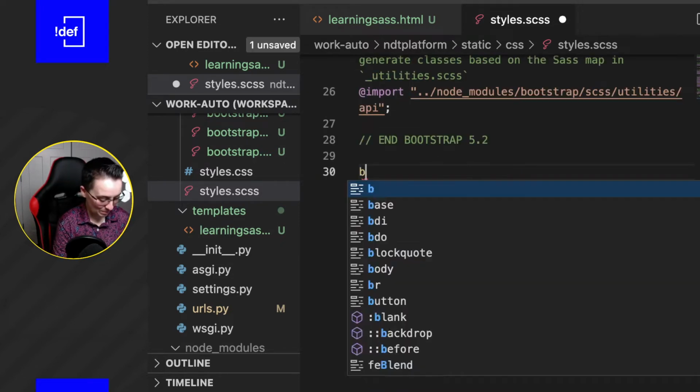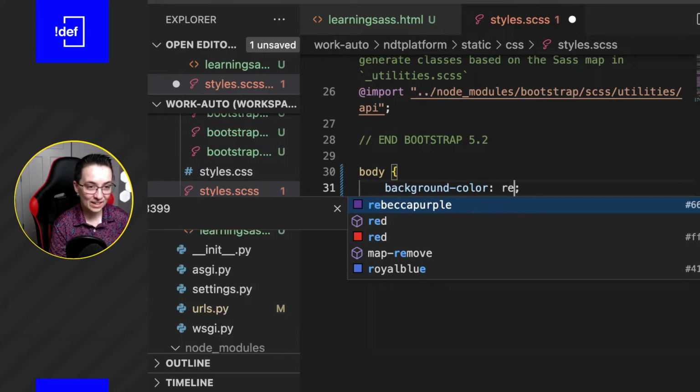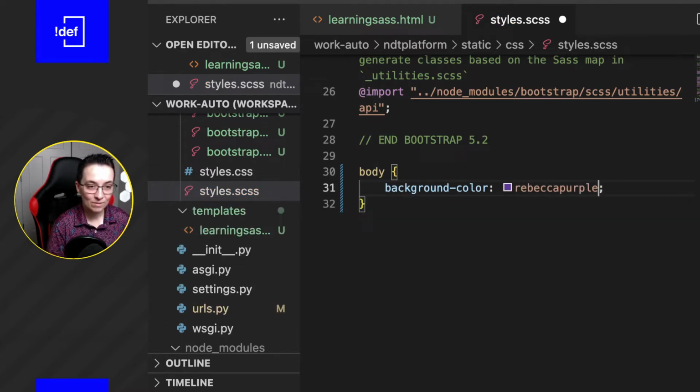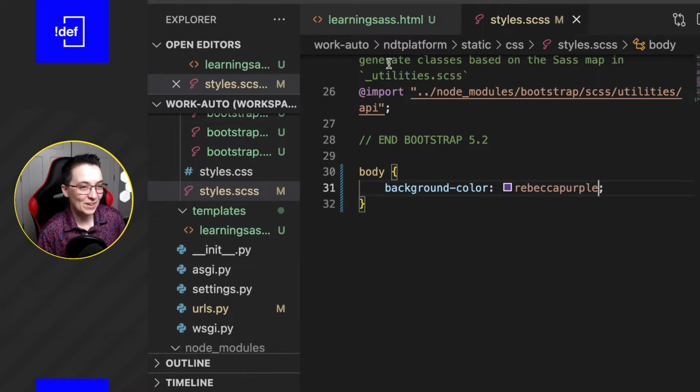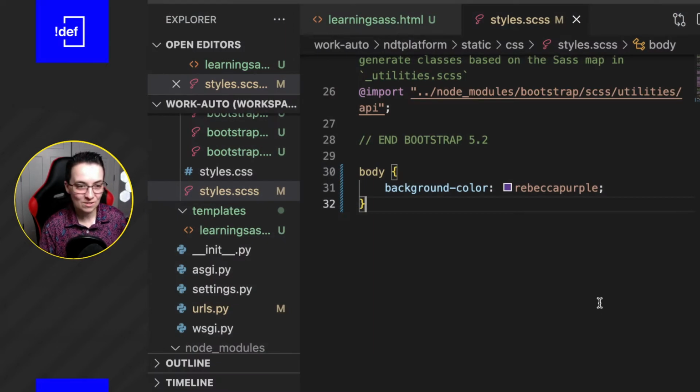Let's just put a body. This is classic body background color is red. Oops. Oh, that works too. I'll just do whatever it just said. So let's refresh this, and nope, it is not working. So that's partially because I actually forgot to,